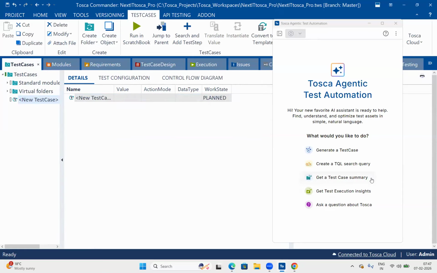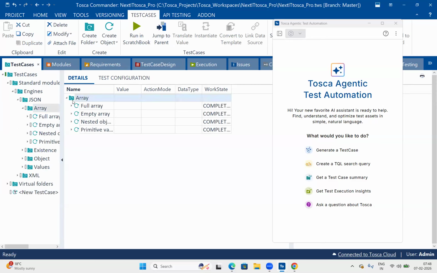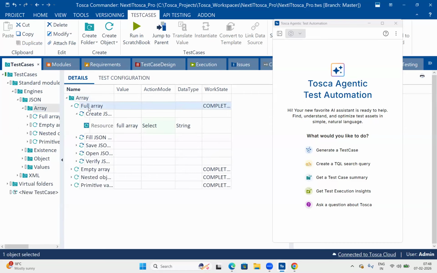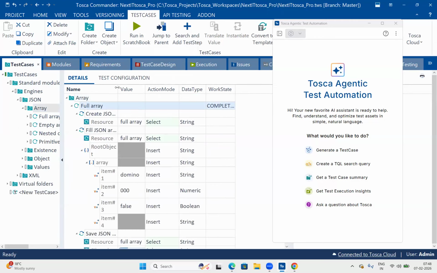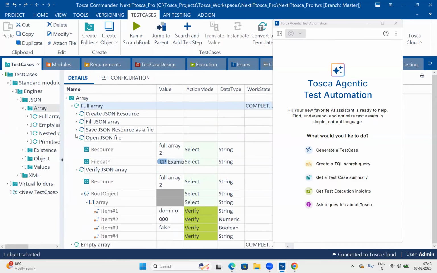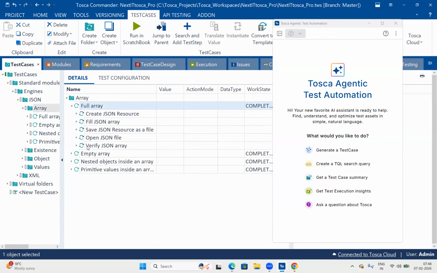Anisha, can you show me that? Can you click on one and show what will display? Agentic automation. Right now, I don't have any scenarios. Let me show you some predefined ones. Here, this is the arrays. This is an inbuilt test case. You can see some array functions with JSON root data added here. So what I'll do now is ask Agentic to give a summary.